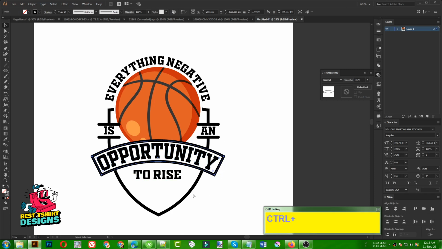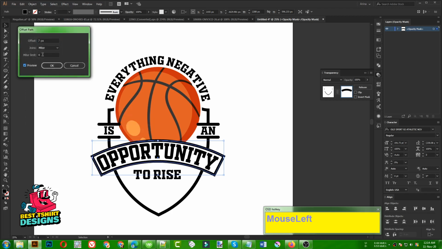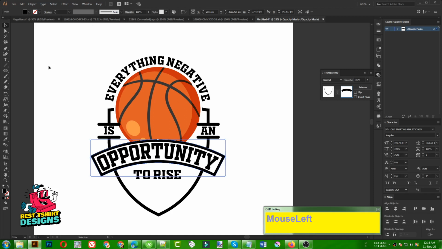I'm selecting this rectangle, then copy, and I select this part and this part and make them a group. I can open their transparency, then press Ctrl F to paste in front, then press Shift X. It is going to make it that fill color. And now I need to go to Path, Offset Path. As you can see, this is going to make it a little bigger like this. Maybe 20 pixels is going to work for us. That is good.